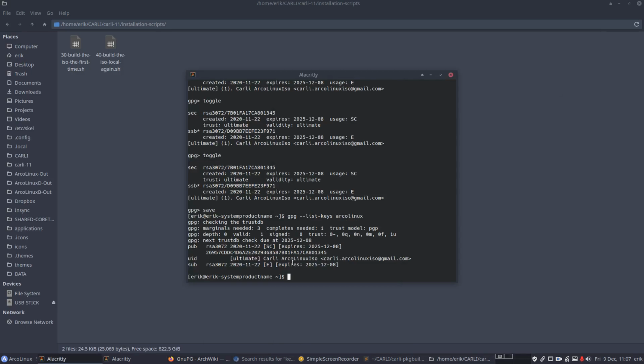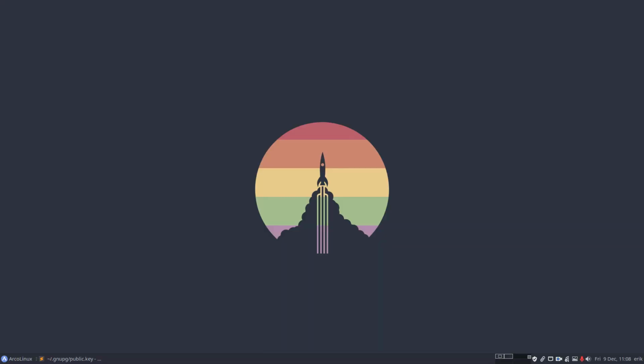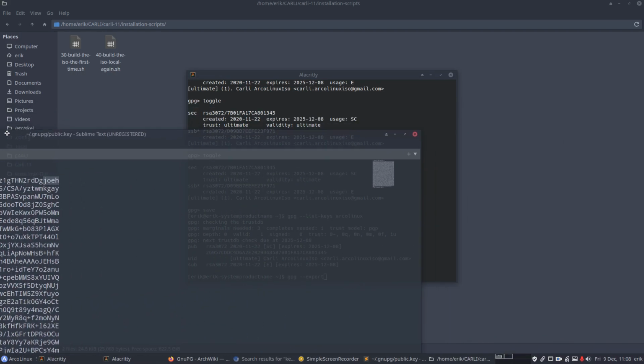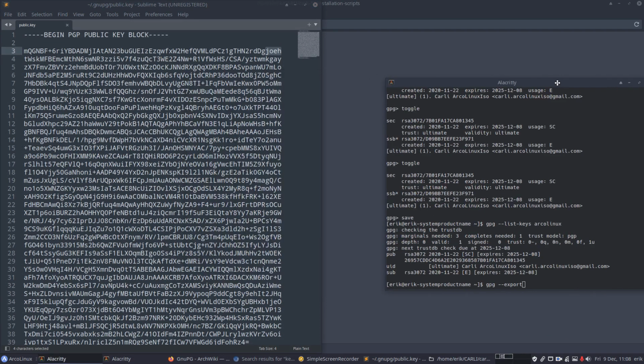Okay. GPG export. Let's put it open so we know something happens to it. Let's kill this and that and that and that. That's our public key. And export